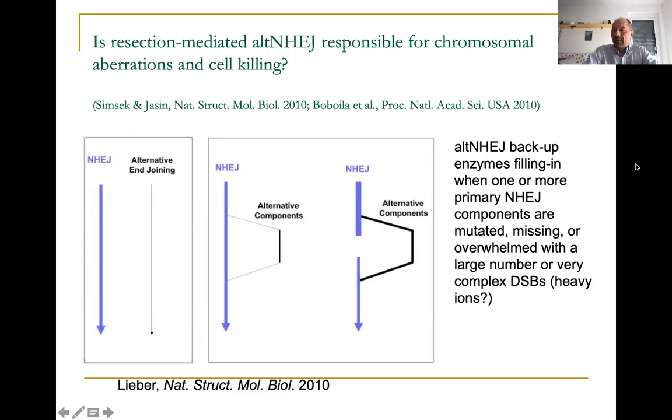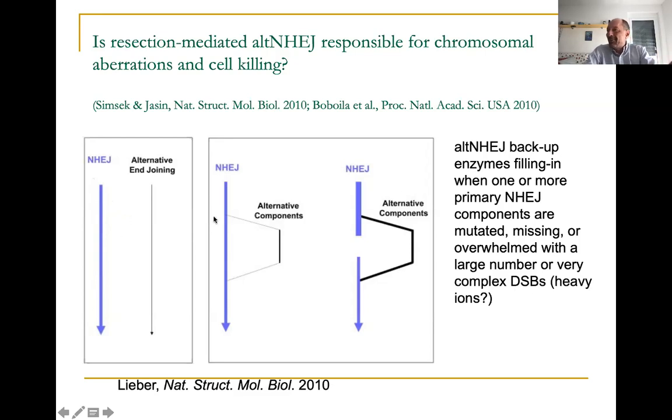Now, there is a discussion. For example, some authors think that alternative non-homologous end joining backup enzymes are filling in when one or more primary non-homologous end joining components are mutated, missing, or overwhelmed with a large number of very complex double-strand breaks. For example, when you have heavy ions. So essentially, you see, instead of having two different lines, one is non-homologous end joining, the other one is alternative end joining,